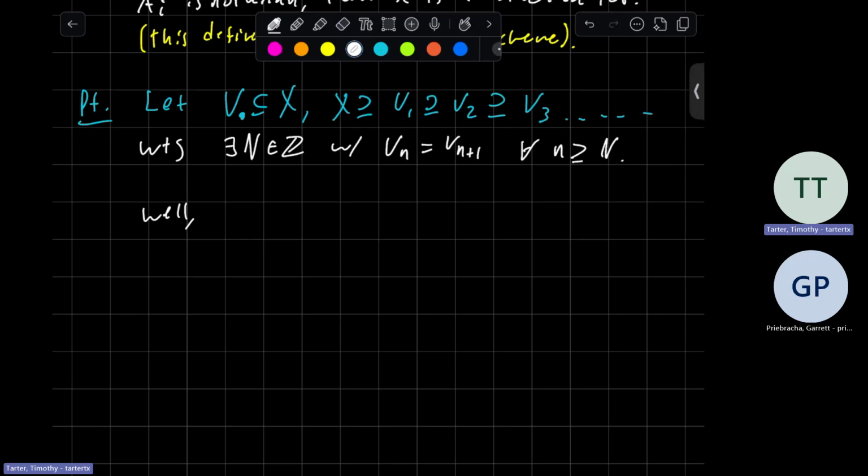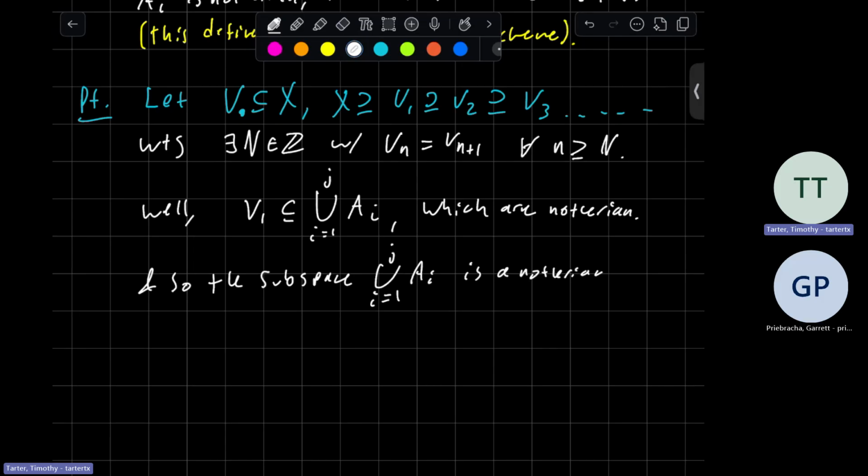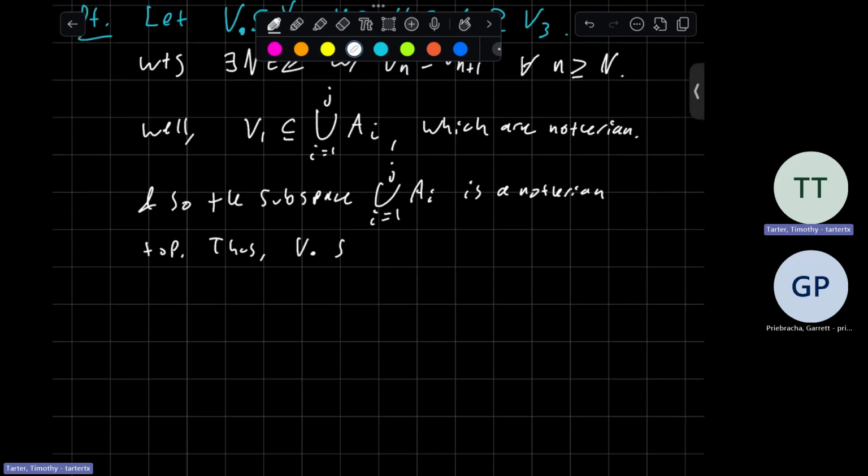Well, V_1 is contained in a union i equals 1 to j of A_i's, which are Noetherian, and so the subspace union i equals 1 to j of A_i is a Noetherian topology. Thus, V stabilizes at the stabilization